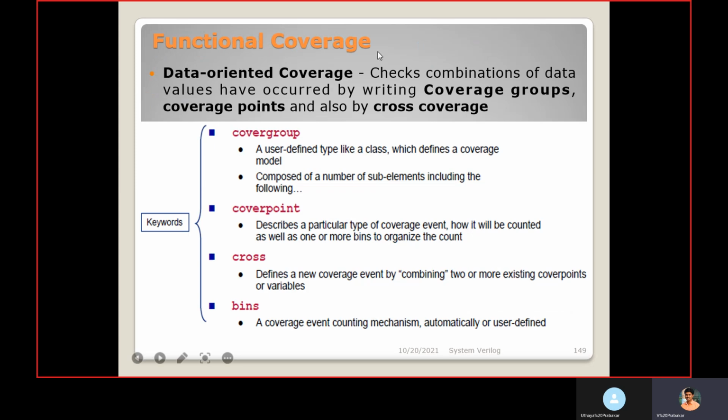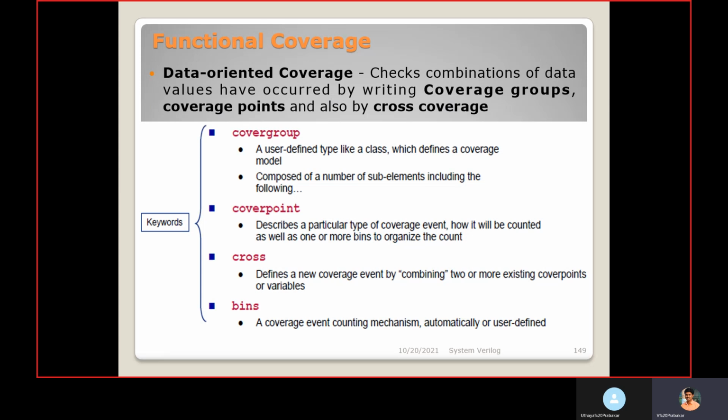Functional coverage is a data-oriented coverage. It checks whether combinations of data values have occurred, by writing cover groups, cover points, and also cross coverage. It is data-oriented, meaning in a cover group we mention the cover points, and inside that we have cover bins. Each cover bin we can assign some value.